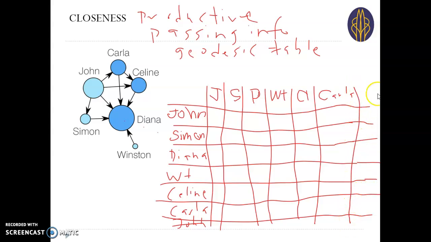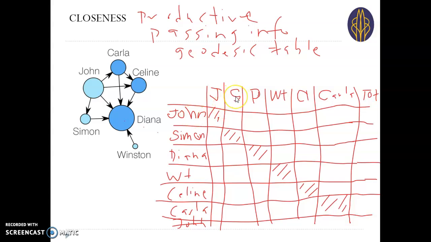So you have total. Alright. So now between John and John, there'll be no relationship, and Simon, Diana and Diana, Winston and Winston, because it's actually themselves, Celine and Carla and Carla. Alright. Between John and Simon,